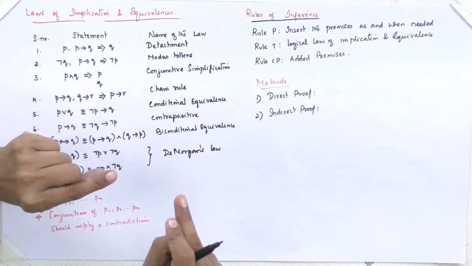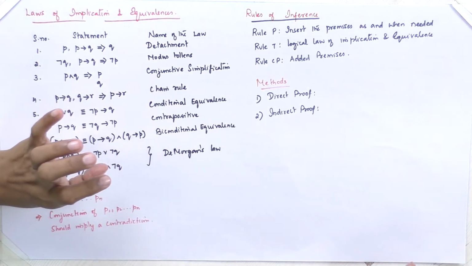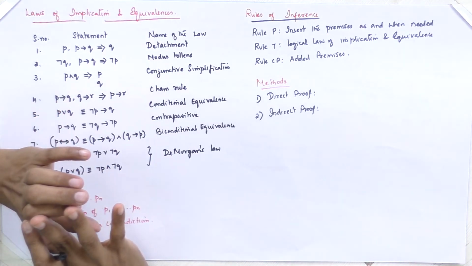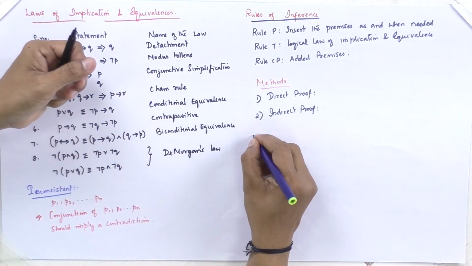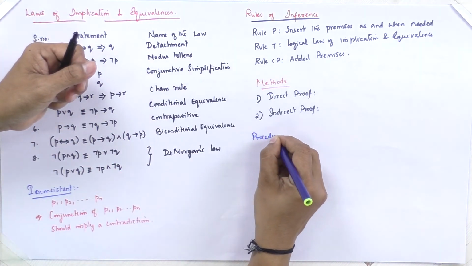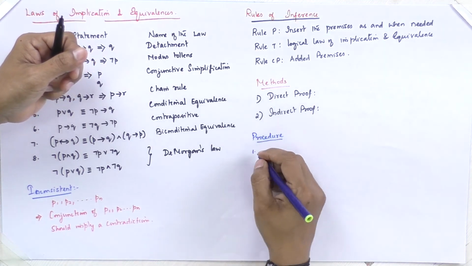So we will take all the premises one by one and we will conjunct each of the premises so that we get the conclusion part of the problem. So what is the procedure that we will have to follow? The procedure says, irrespective of the method, what does this procedure say? The first point is that